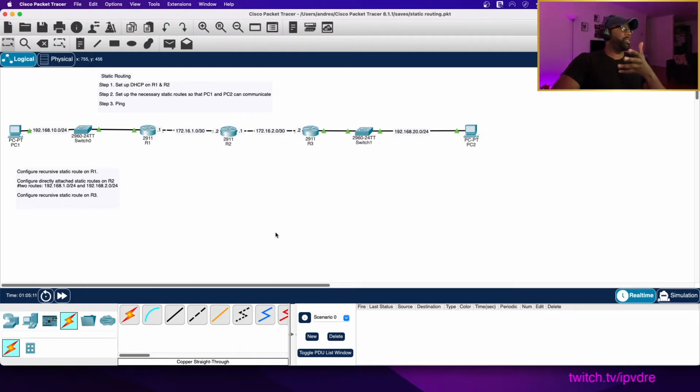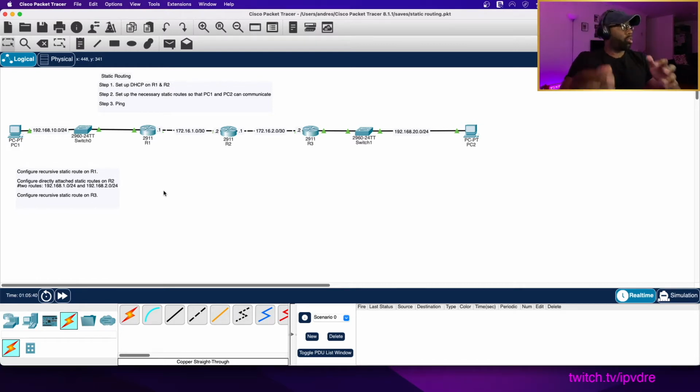And that's what we're going to configure, right? In this specific router, we're going to specify how to forward the packet in such a way that it'll eventually reach this destination, right? But before we even do that, I'm going to show you how to configure